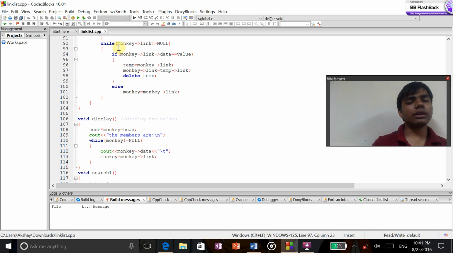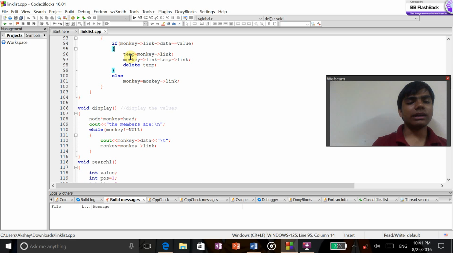So we are in here, until the monkey's link becomes null. That means the link doesn't have anything to point to. Then under that we are doing this if condition. That means that we are searching for the data which is equal to